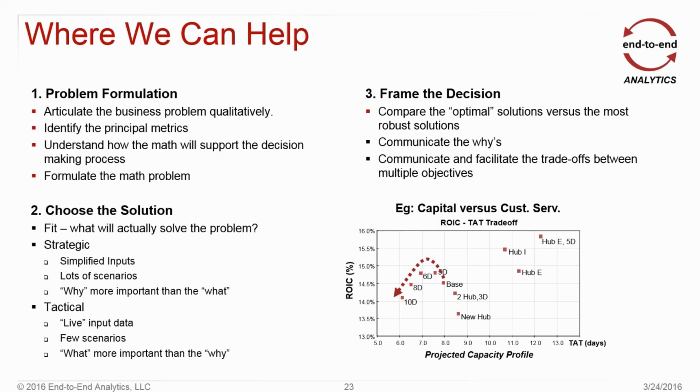And really what we've decided not to do in this case was try and dollarize what 1 day of response time would equal. Rather, we've presented to the users, hey, we can dial the model up to favor one attribute more than the other and give you a spectrum of solutions. Think of it as an efficient frontier. And now it's in the hands of the senior management to decide, all right, how would I like to trade off a day's worth of response time versus that return on invested capital?